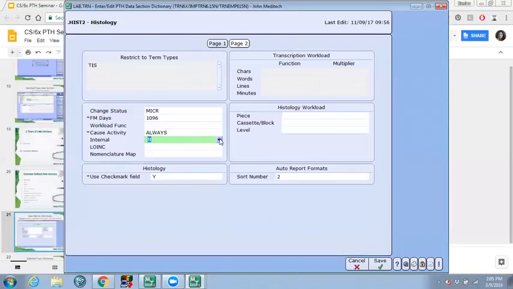The next prompt is internal, yes or no. If the findings for these data sections should be kept internal and not printed on the external report, then enter yes. Otherwise, if these findings need to be printed on the external report,